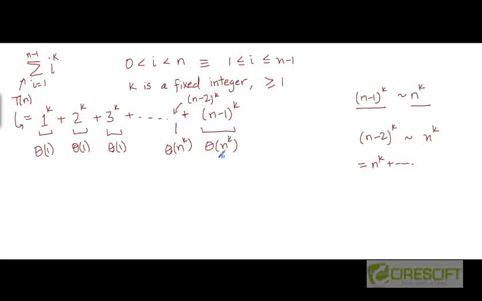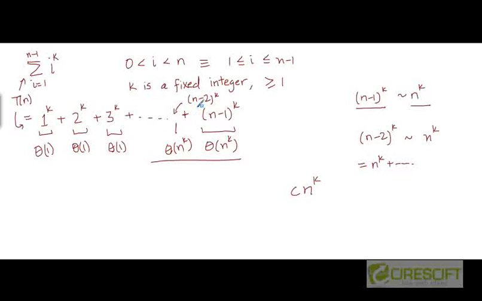In other words, the constant coefficient associated with the highest power of n, which is k over here, will be such that it's just going to be a constant. So it's going to be some c times n to the power k. This will be the dominant term. But is this true? How many terms here will have an asymptotic complexity of theta of n to the power k?